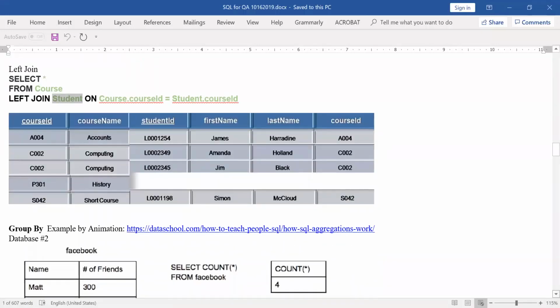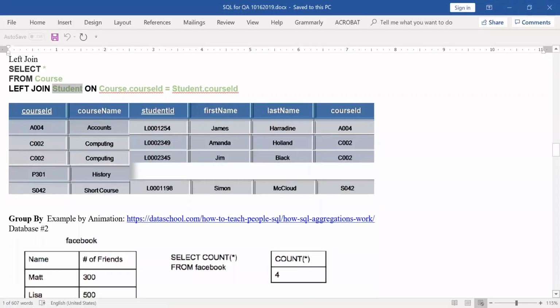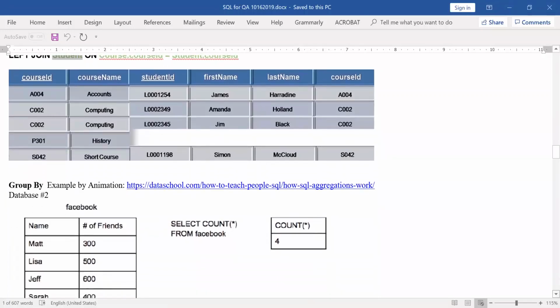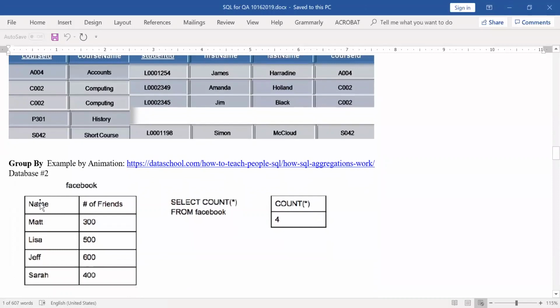So let's look at the group by. What is a group by? It's a very important part of SQL. And I got this, it's another database. I got it from Data School, so you can look at this yourself. But basically,